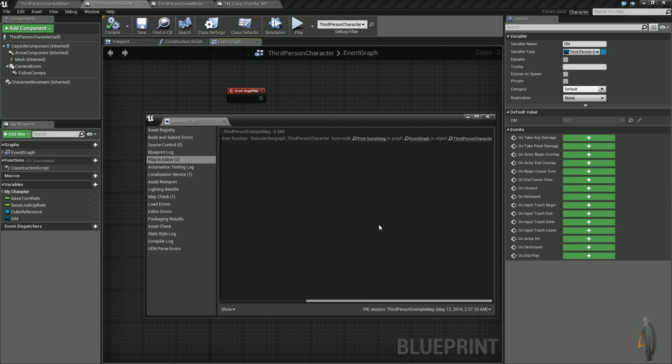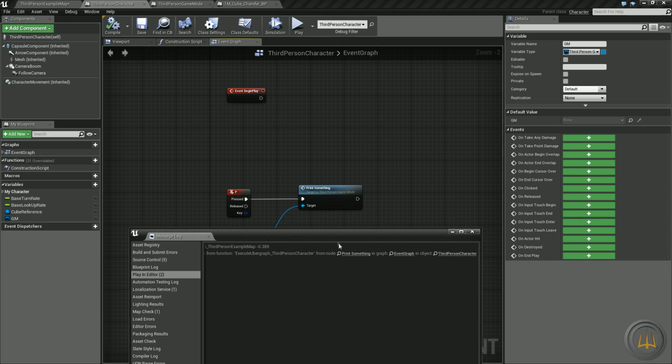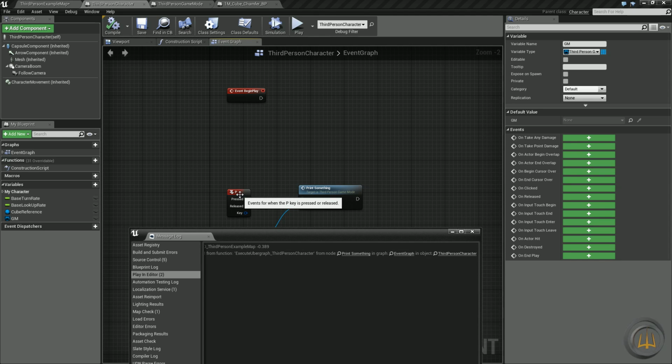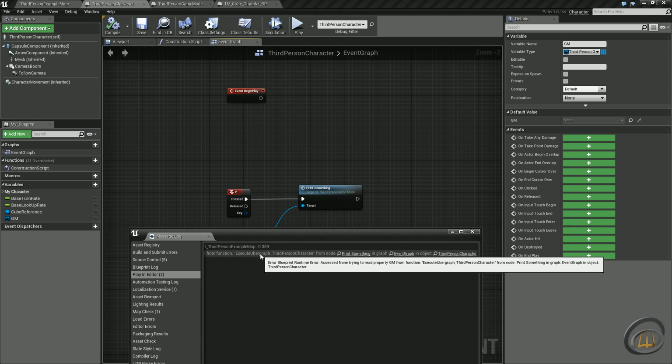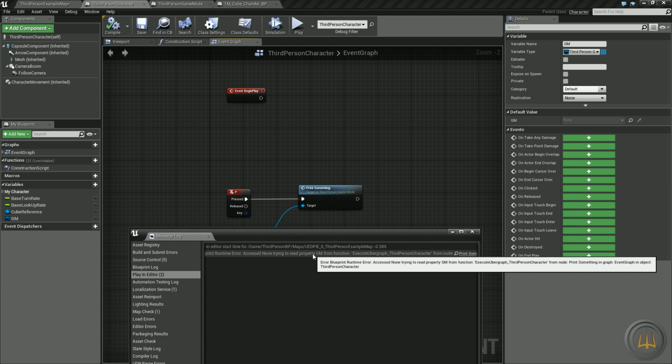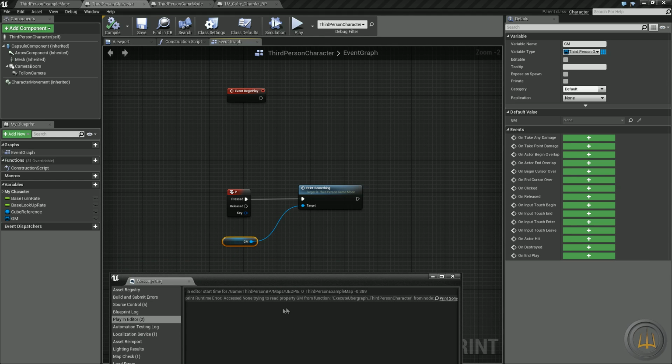I find it easier to actually read it backwards. Here we got third person character, which is the object. So we open up the third person character blueprint. It's in the event graph, and it's from the node print something. So here's our node print something. It's coming from the function execute ubergraph, which typically is the name of your function, but because we dropped in a P key binding right here, that is the specific name to the engine for that function. And it is in the property GM. So the last thing on the list is the main problem of the error, which is the GM